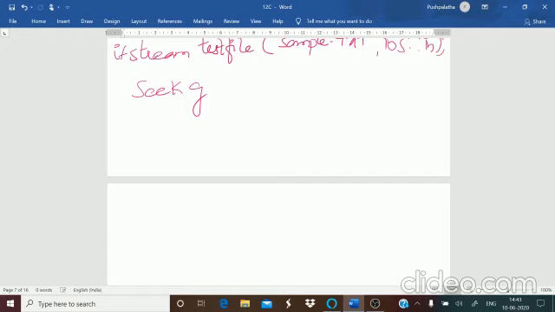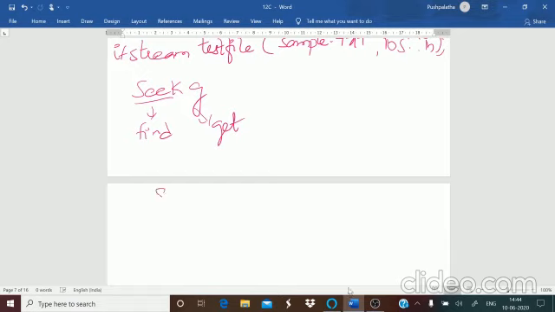In the same way, you have your seek g. Here seek means find, and g is for your get pointer. It means find the position of the get pointer. It positions the get pointer specified by the arguments. It is used for reading a file. By default, the position will be the starting address of the file.